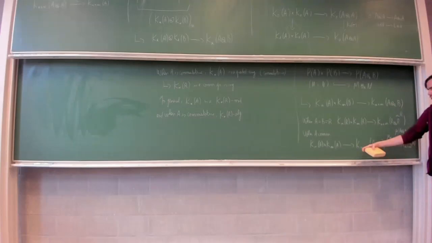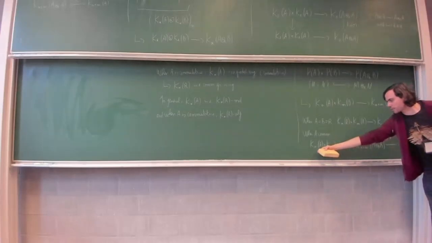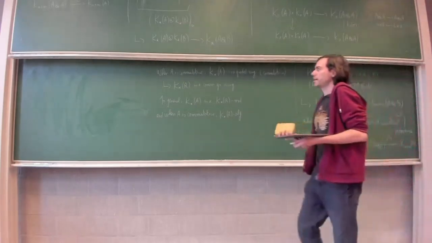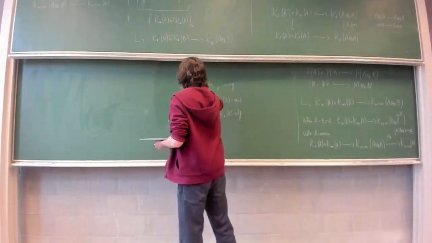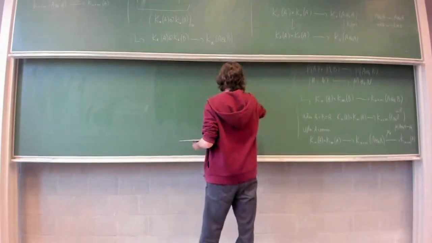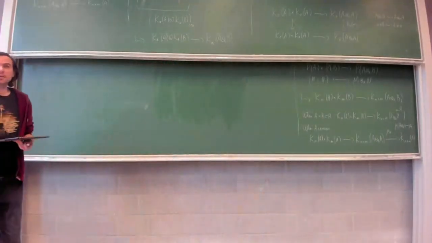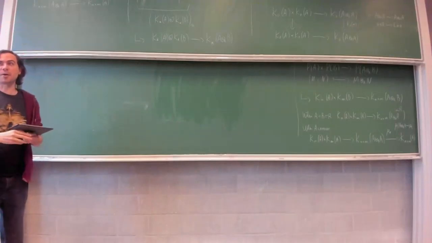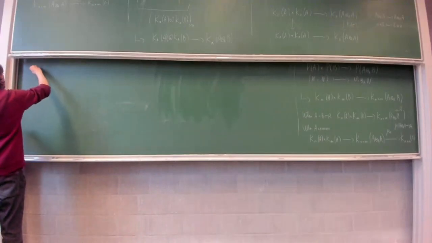So you see that you can go from A, I get something in A and something in A, and you get something in A tensor A. And you can do that again. And now if you have something in A and something in A tensor A, you get something in A tensor A tensor A. Okay? So you can multiply elements, but the price you pay is that you get higher and higher tensor powers. Okay? So what you can define for any A,